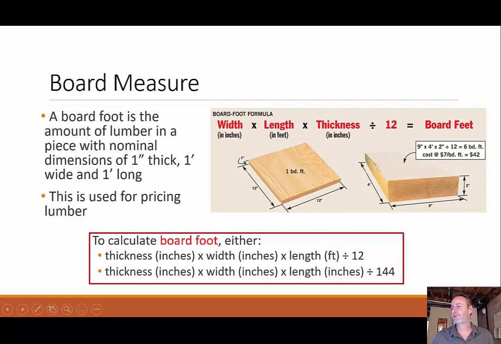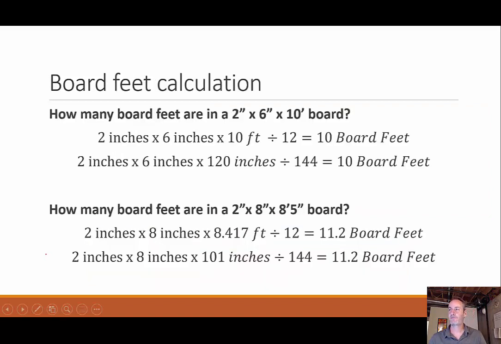So whatever you have to do to get those units to work out. I think this top one is probably the easiest in most cases, because unless you're dealing with plywood, what we have typically is a 2x4x8, usually in inches by length in feet. So you usually know those ahead of time, right? Looking at an example for a 2x6x10, and I wanted to know how many board feet. I'm just multiplying 2 by 6, which is 12, times 10, which is 120. Divide that by 12, that gives me 10 board feet, and that's used for pricing to figure out your quantity